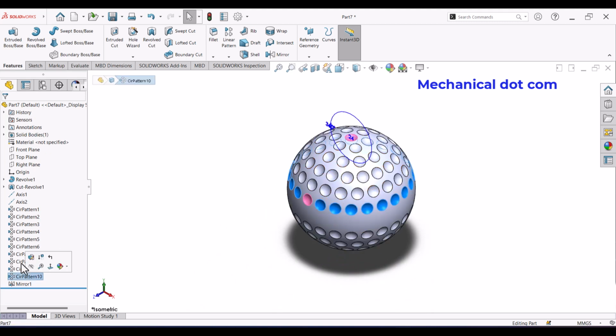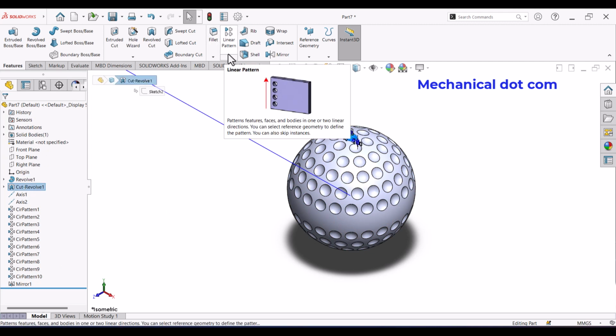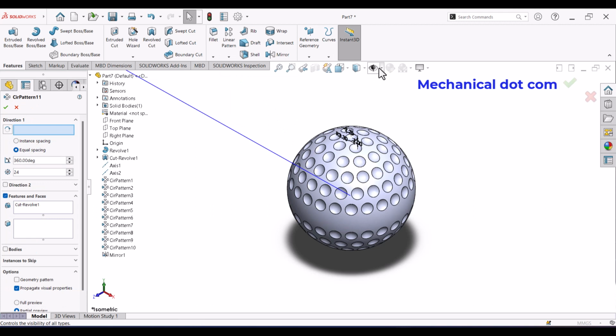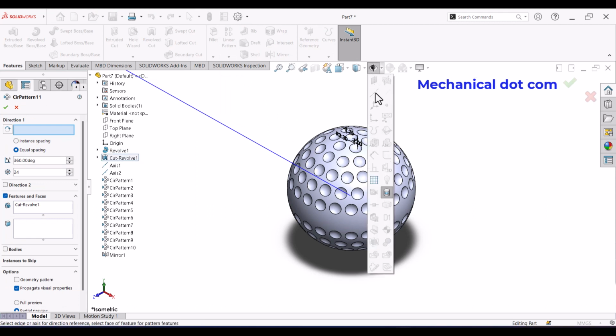For this we will choose cut revolve, and we will choose circular pattern, and we will choose the horizontal axis. For this we will make our axis visible, axis 1.